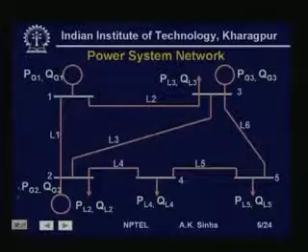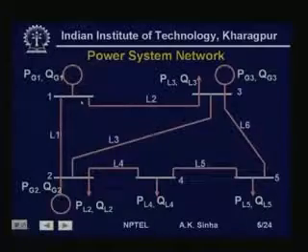Now, if we see in this network, there is no line which is connecting bus 1 to bus 4 and bus 1 to bus 5. So, the y14 and y15 are 0, and therefore, we will have no non-zero element for these in the